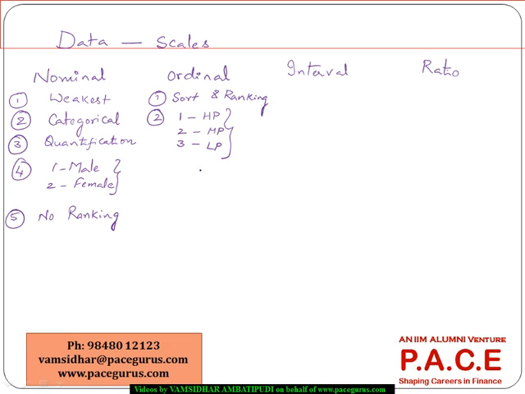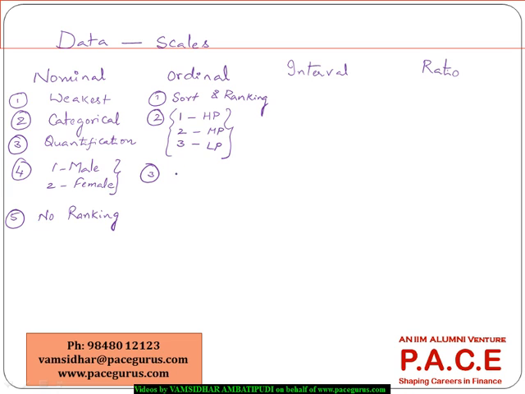We are using numbers to identify different kinds of categories, but at the same time it is also talking about the order, the hierarchy in which each of the categories are ordered. 1, 2, 3 here means 1 is the best, 3 is the worst, or in some cases I may have a different way: 1 means the worst, 3 means the best. But whatever it is, as the number is increasing, we are seeing some kind of a change in the order. So that kind of data is what we call ordinal data.